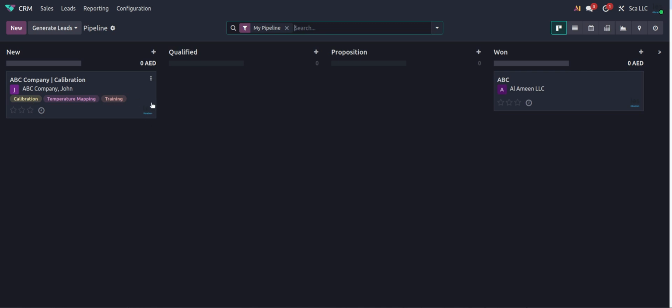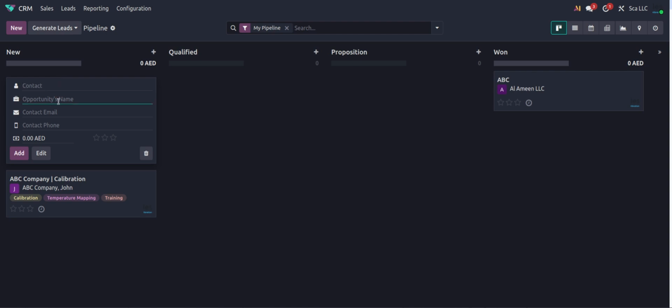And also we can create direct opportunities, maybe the opportunities that either the customer directly contacted us, or the leads that have a higher chance of conversion. So instead of creating a lead, we can directly create opportunities from the my pipeline itself. There is a new button here. So to create a direct opportunity, we can click on new,